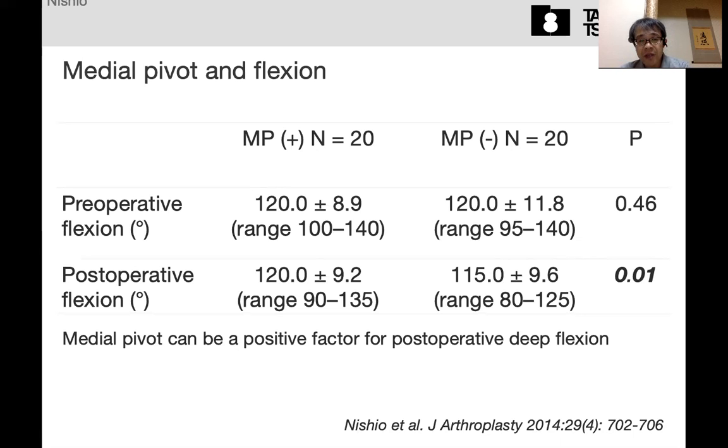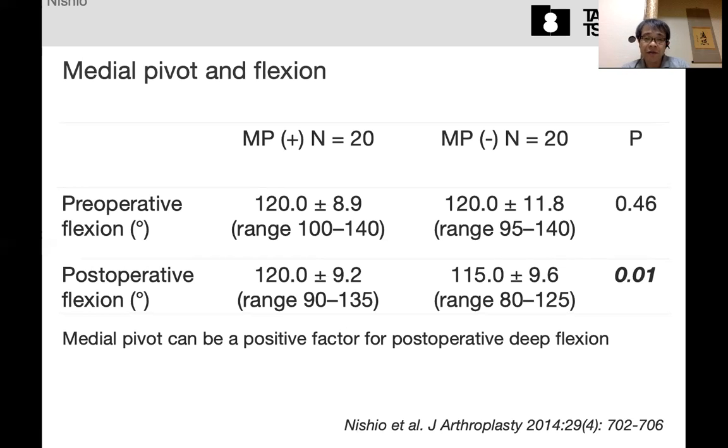They measured whether the knee has a medial pivot or not. They selected 20 cases with the medial pivot and another 20 cases with no medial pivot. They used the same component and the same operative procedure, and then they measured the medial pivot intraoperatively,